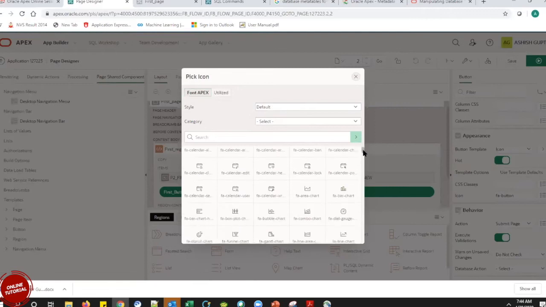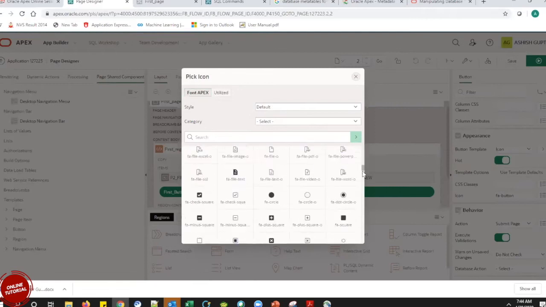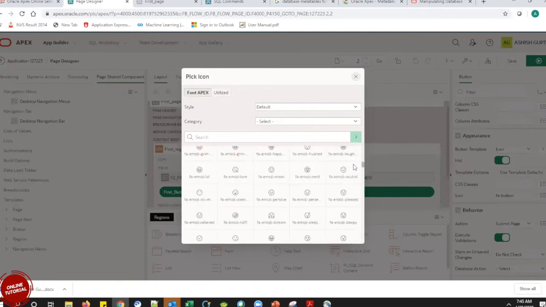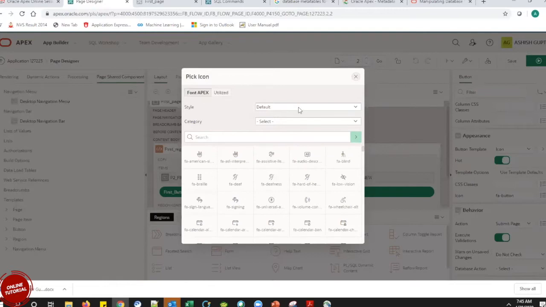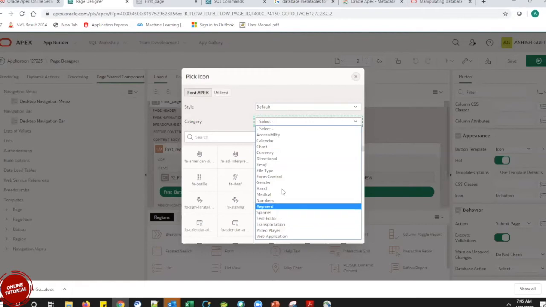We need to select the particular icon that we want, or we can also search from here. The style would be default. The category would be, if we are looking for a specific icon, we could take it from the different kinds of categories we have.